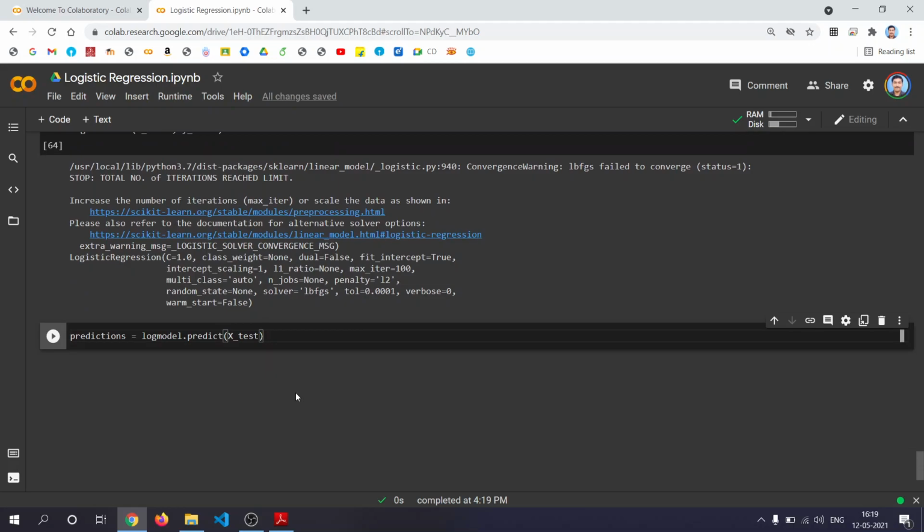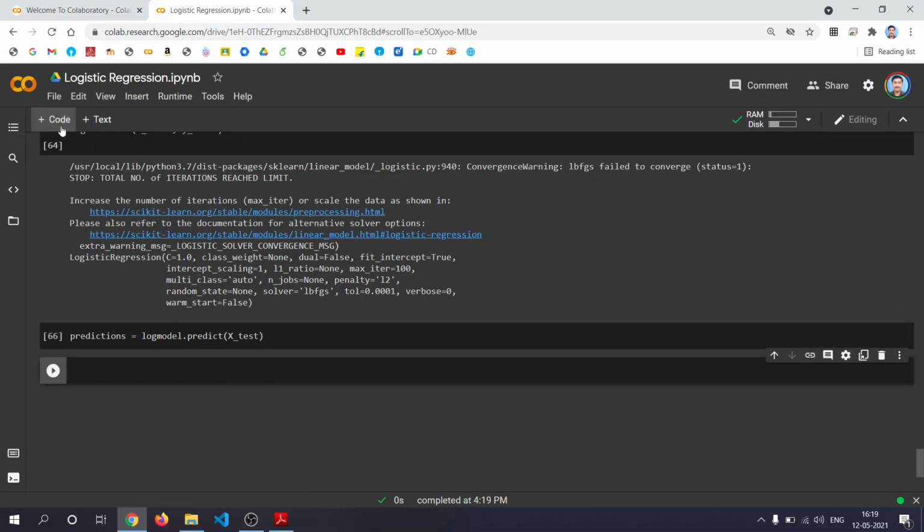Now you can go for finding the accuracy or precision, recall, F1 score, etc. Let's look at the classification report summary. So for that, from sklearn.metrics import classification report.